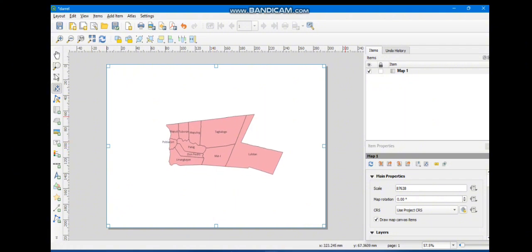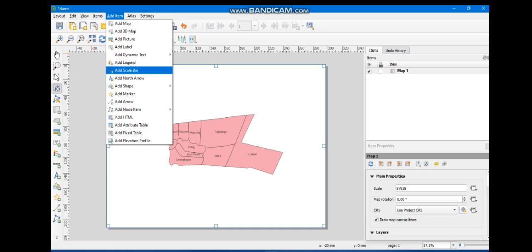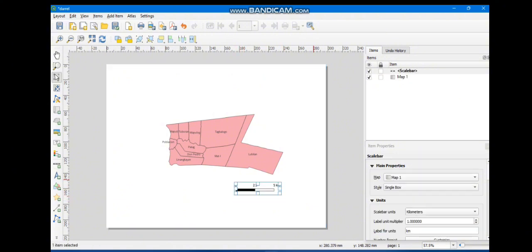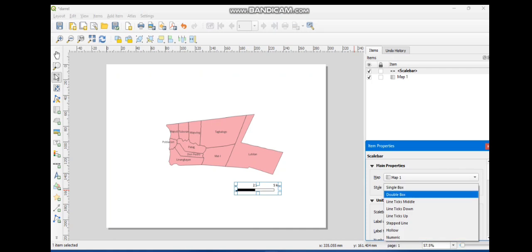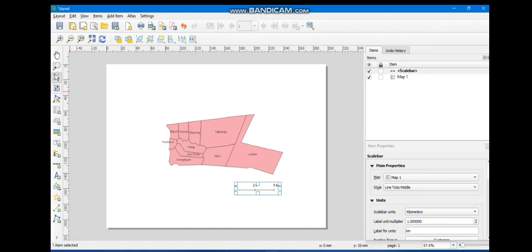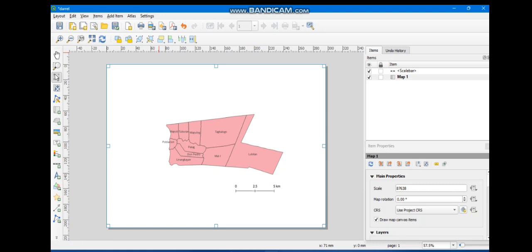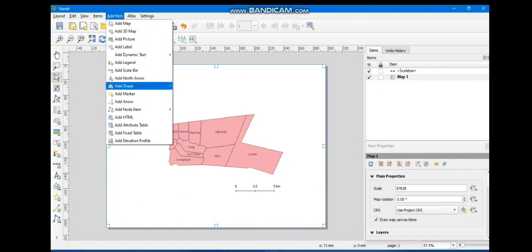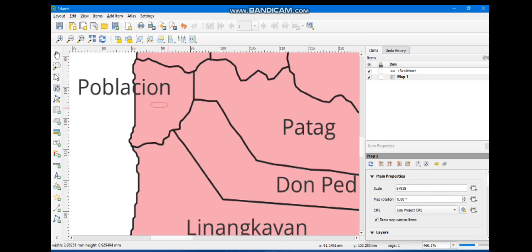So let's drag it into the center, and then click again the add item, and then select add shape, and then add ellipse. As we can see here now, my study area is in Poblacion.